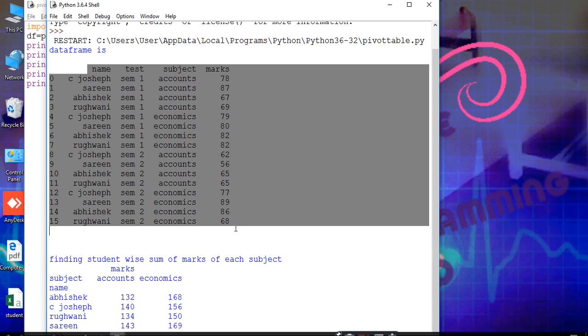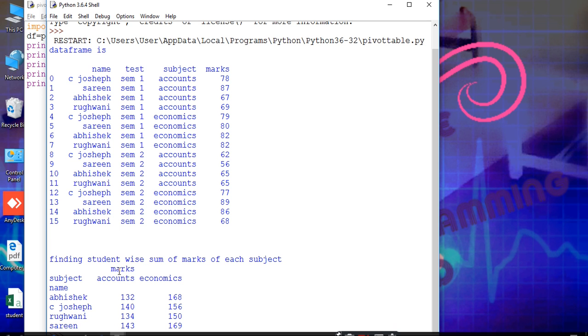See here, this is the entire data frame and this is the sum of the marks column according to subjects. Then index is equal to name, that is the given name, and column is equal to subjects, that is accounts and economics, because here the subjects are accounts and economics. So the marks are divided into 2 columns.